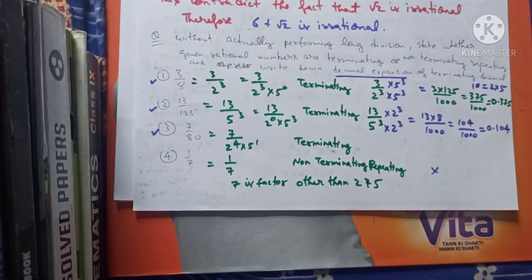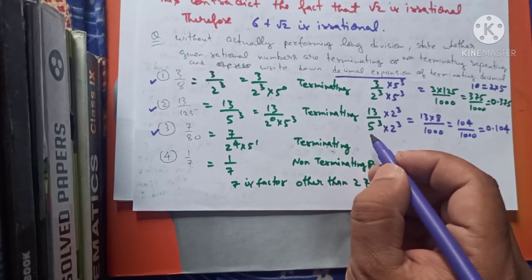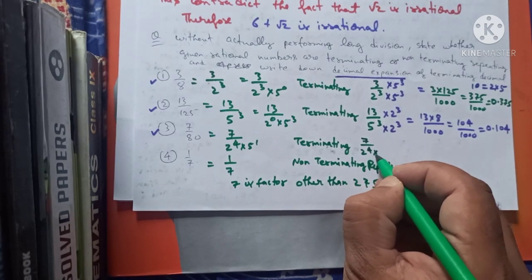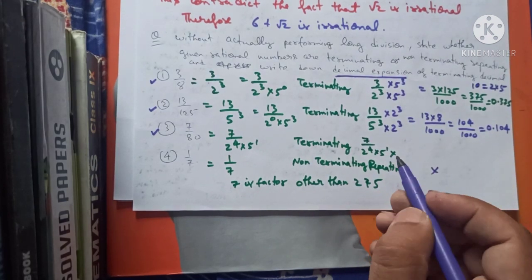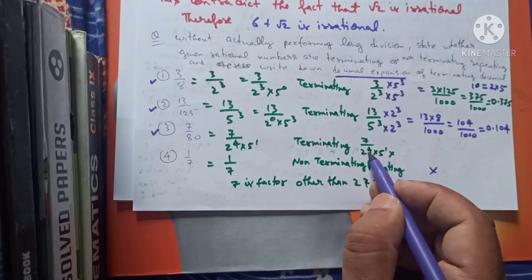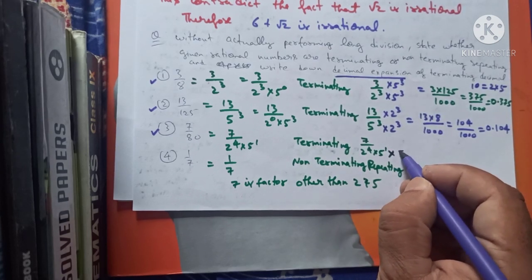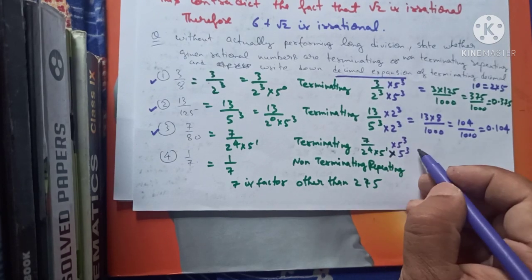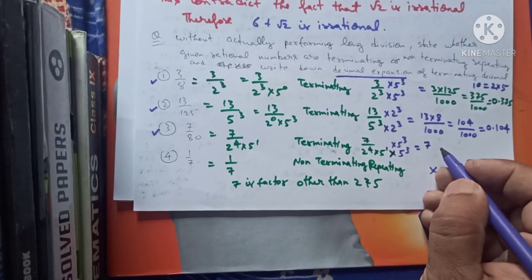Now the third part is 7 upon 80. We can write it as 7 upon 2 power 4 into 5 power 1. So we already have 5 power 1. The number of powers of 5 is 1, and the number of powers of 2 is 4. If we subtract, 4 minus 1 is 3. So we multiply by 5 power 3 in the numerator and denominator, and we get 7 into 125